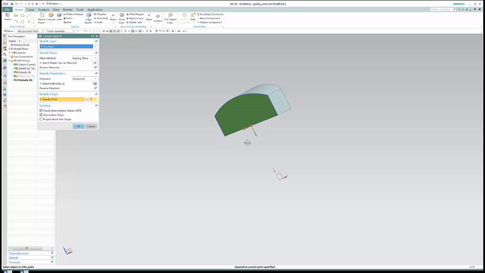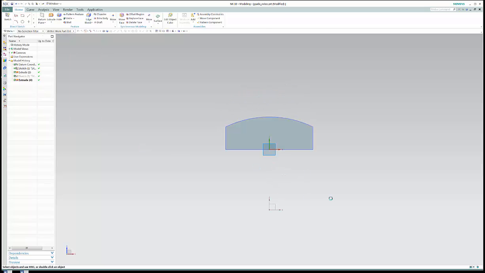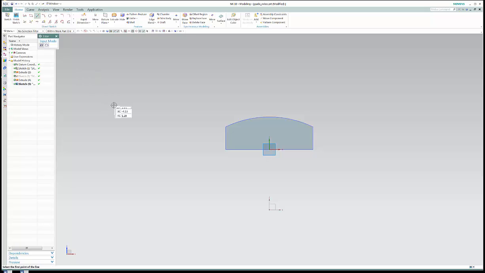Okay, and let's make sure we get the X direction where we want it. I just double click that arrow and I'm good to go. Okay, so that's in the center. Now the first thing I'm going to do is put a center line in, and I'll go from this center point and I'll just go right up to the arc,